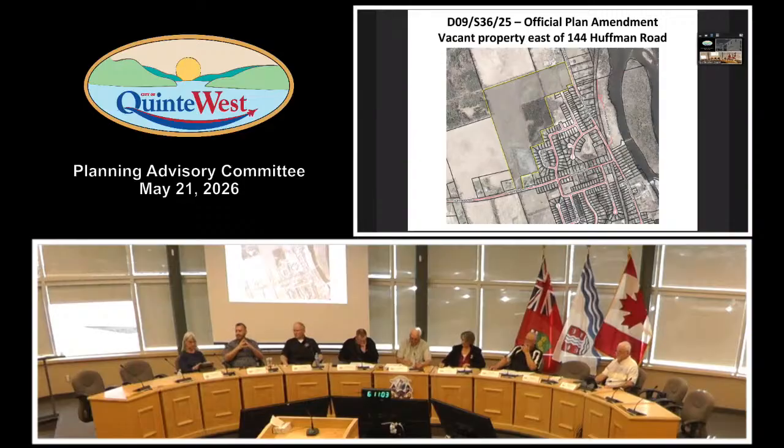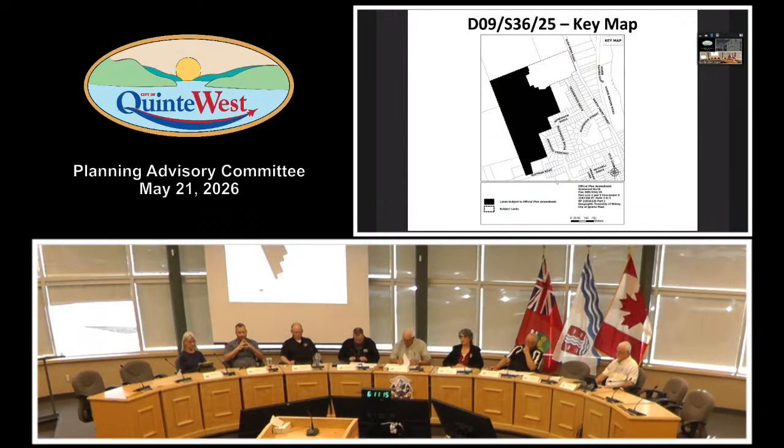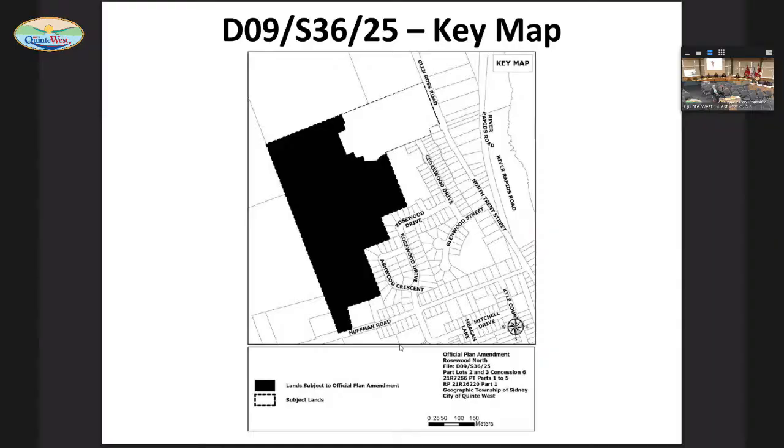Through you, Mr. Chair, the applicant has submitted an official plan amendment for the lands on vacant property east of 144 Huffman Road. The purpose of application D09-S36-225 is to expand the Frankfurt urban service area to include lands located west of the existing Rosewood Acres subdivision. The proposed official plan amendment also seeks to redesignate the subject lands from rural to urban planning District 3 in order to accommodate future residential development with approximately 206 residential dwelling units consisting of a mix of single detached dwellings